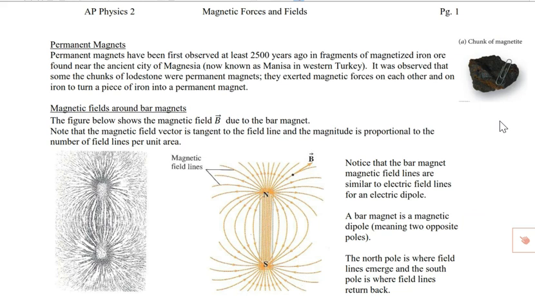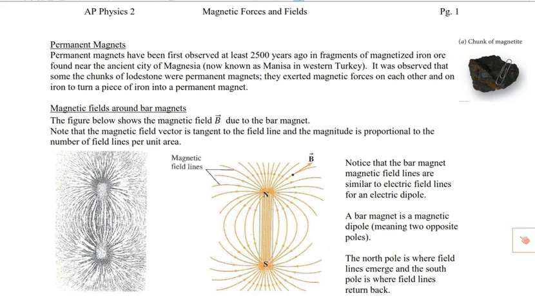The word magnet comes from this magnetite, which was originally mined in this ancient city known as Magnesia. Magnesia is now known as Manisa in western Turkey, but the word magnet is derived from that ancient city where they first discovered these lodestones, as they were called back then, that were able to attract pieces of iron and in fact make the iron become